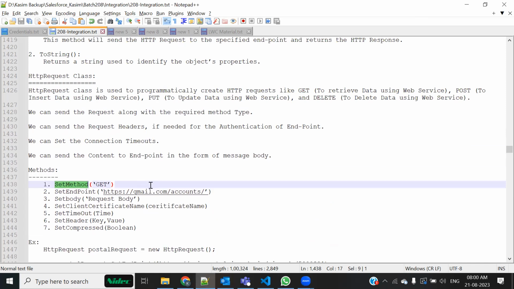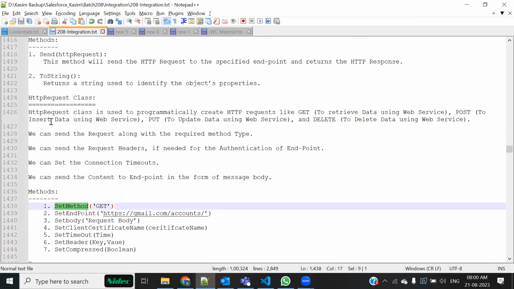Set method. Now this, there are certain different types of method: get, post, put, patch, and delete. You will understand this more when we create the web service class, because for every one of them, get, post, put, patch, and delete, I will take one separate example. But let me just